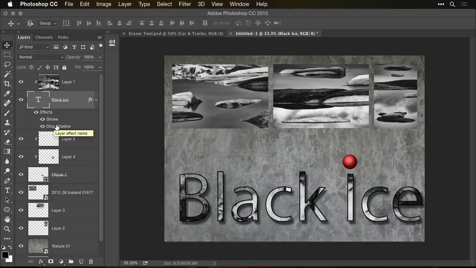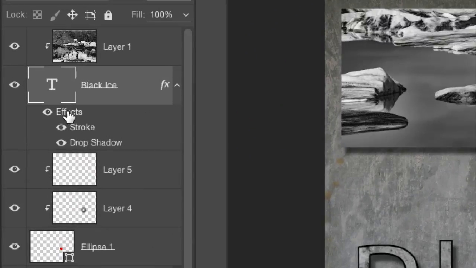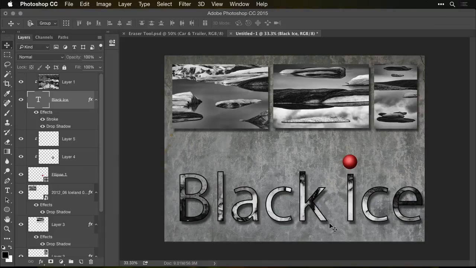In order to copy something, you need to hold down the Option key. That's Alt in Windows. So I'm holding that down right now. And then I'll click on Drop Shadow, and I'll drag it down to that picture. Then I'll drag it down to the next picture. And I'll drag it down to the next picture. So we have it on all of them. But I needed to hold Option in order to cause it to move a copy. If I drag the word effects, it would copy all the effects. So sometimes you have a whole bunch of them. But now you can see our